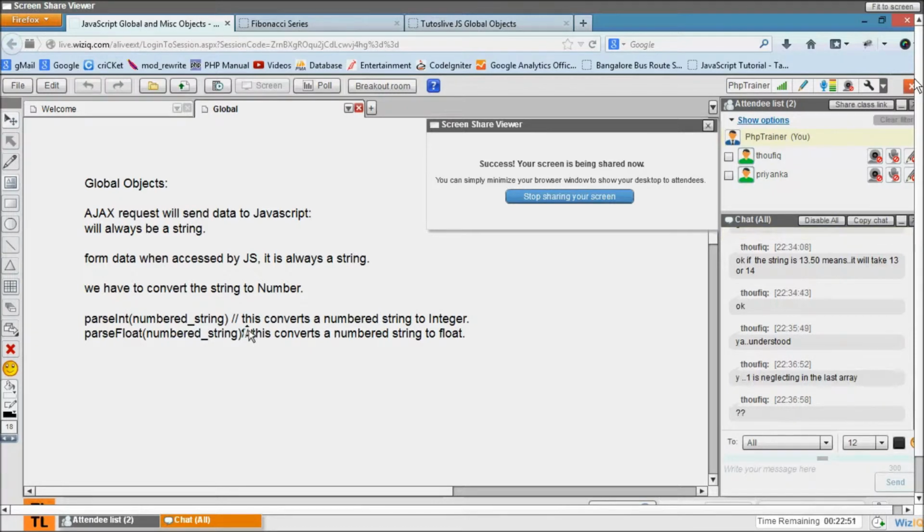If it starts with a character or whatever, it neglects it and assumes it to be a string. Okay, remember this. This is a very important part. If you go for an interview, people will ask you exactly this question, what does this do?